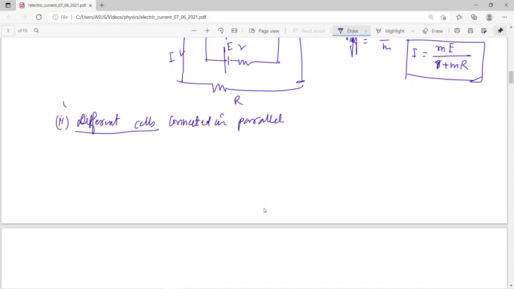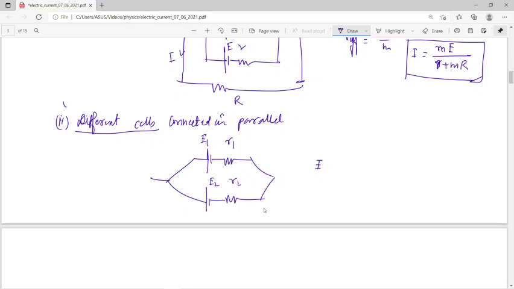That means if this is E1 and its resistance R1, and this is E2 and its corresponding resistance R2, and if you solve it,